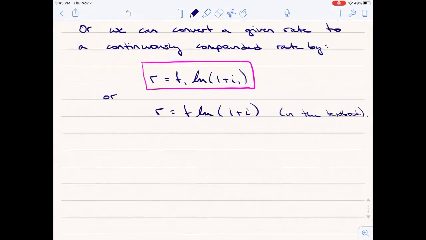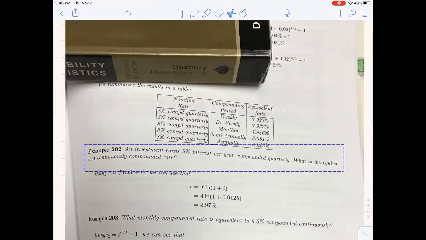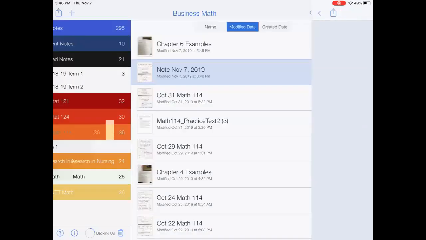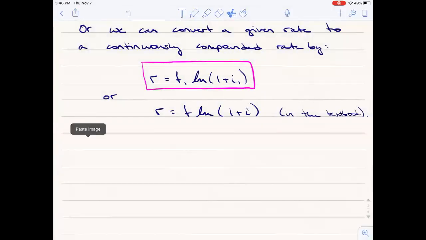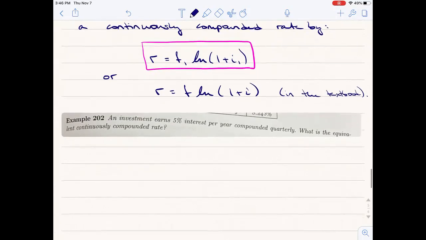Let's do example 202. An investment earns 5% interest per year compounded quarterly. What is the equivalent continuously compounded rate? So if we're moving from quarterly to continuous compounding, if we've got 5%, then we're going to use, okay, so we've got,